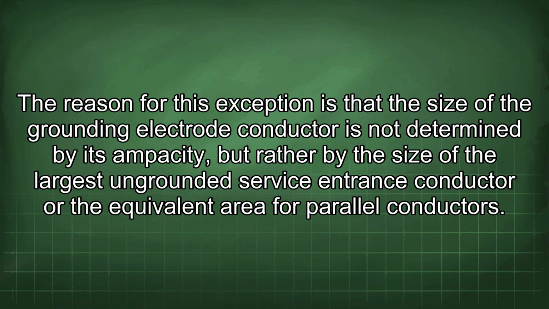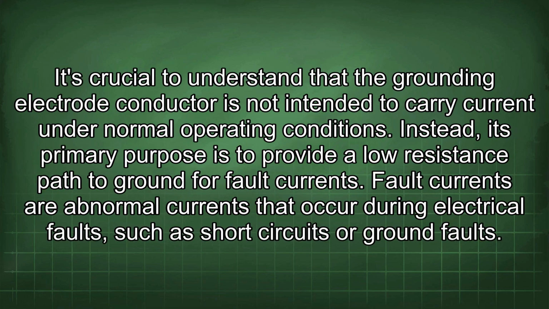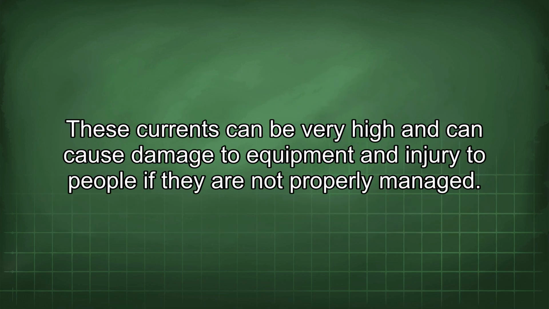for parallel conductors. It's crucial to understand that the grounding electrode conductor is not intended to carry current under normal operating conditions. Instead, its primary purpose is to provide a low resistance path to ground for fault currents. Fault currents are abnormal currents that occur during electrical faults, such as short circuits or ground faults. These currents can be very high and can cause damage to equipment and injury to people if they are not